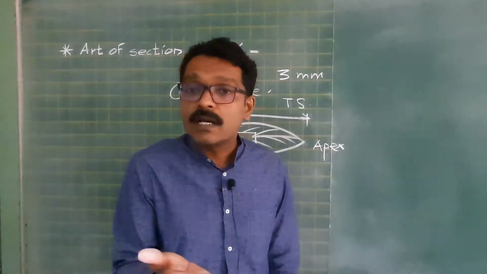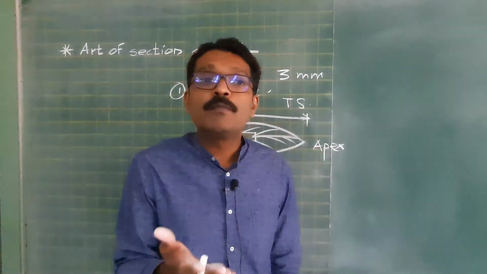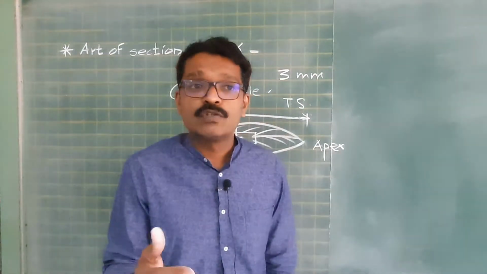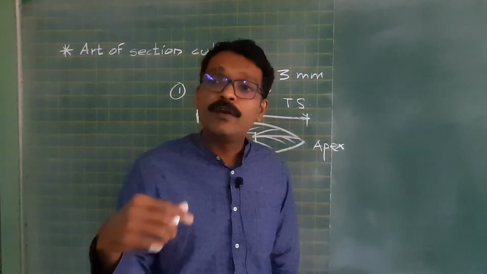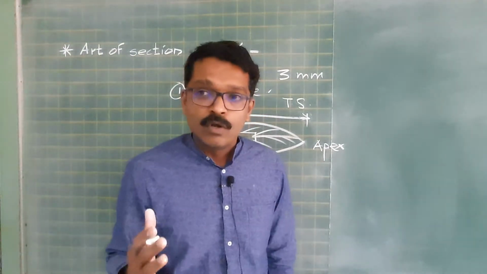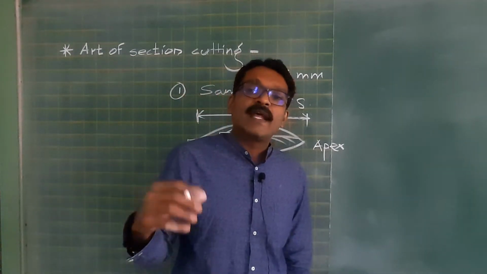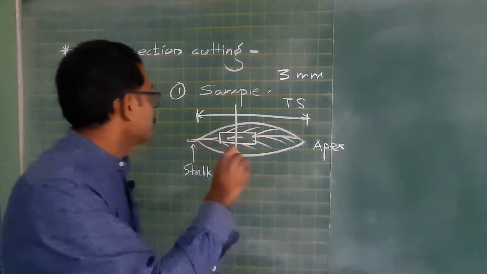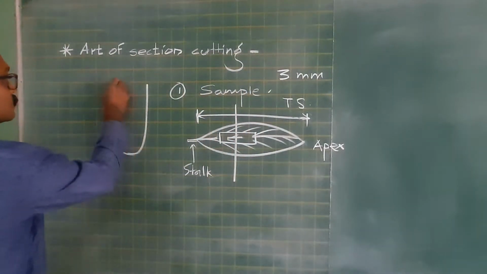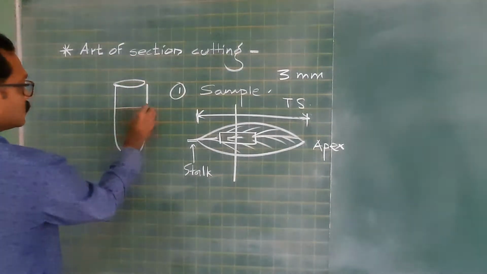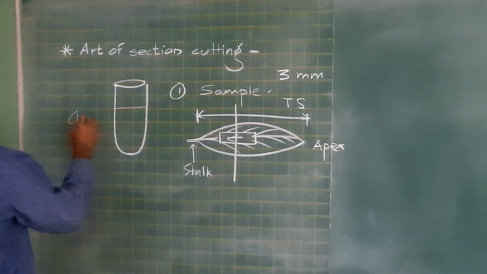Otherwise section cutting will not be proper, because if the section is too thick, too mature, it will give you some problem. Now you are going to take that section in the test tube. Add some